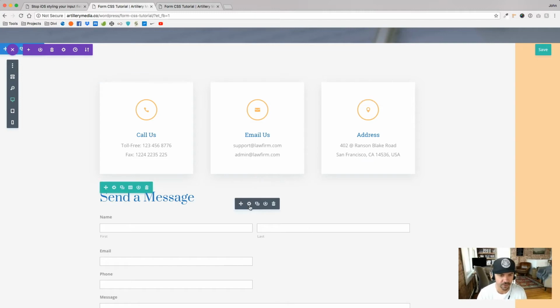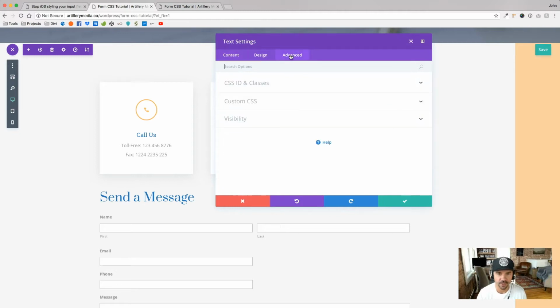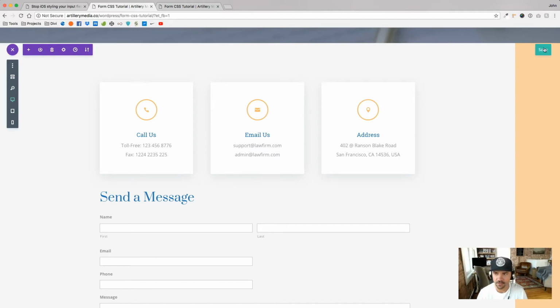Okay, so the first thing I'm going to do is go into this text module here where I put my form. You see there's my Gravity Form, and I'm going to give this a class, sorry, not an ID. I'm going to call it Superfly form. Great, and I'm just going to go ahead and save that,